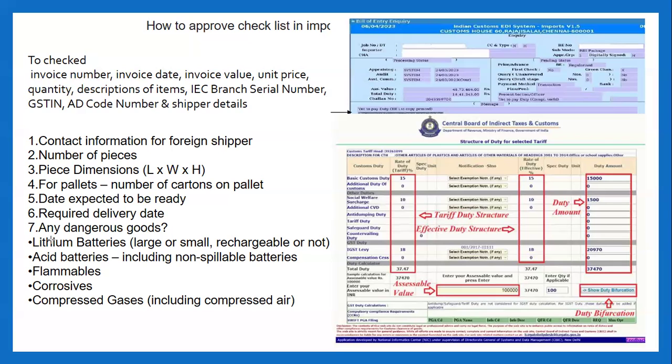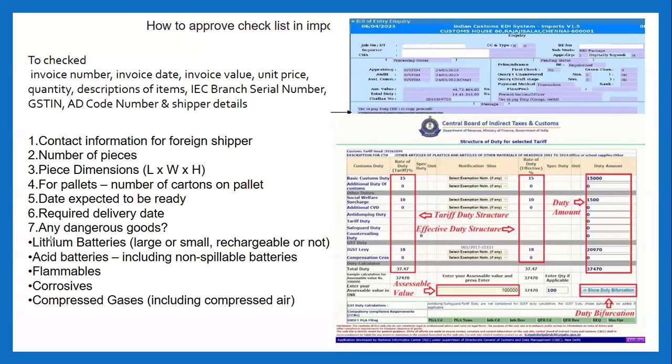Then this duty structure will be shown. After that we need to check the item description per piece and all details as per the packing list, the per piece pricing, and also check whether the assessable value, IGST and SWS are correct or not.